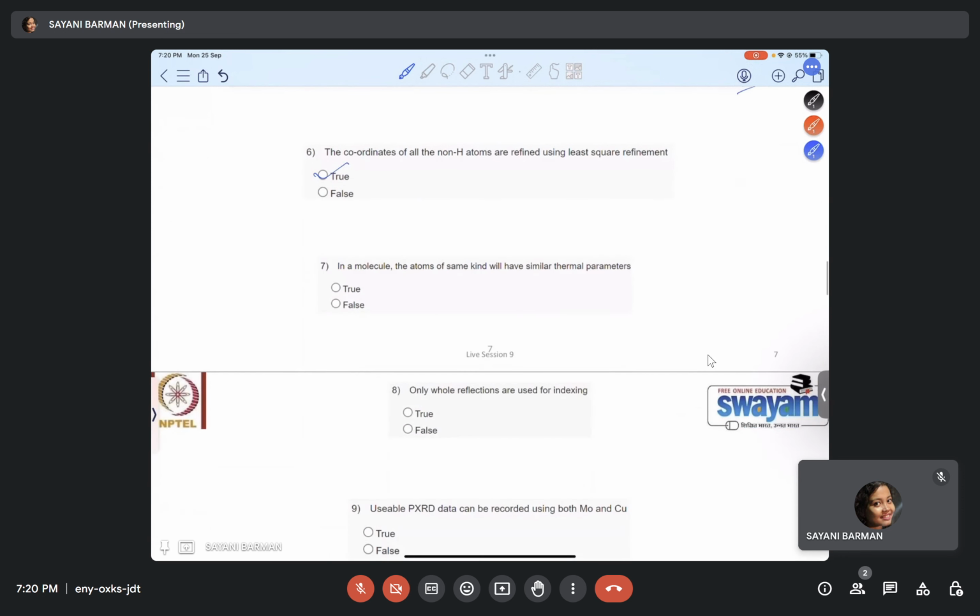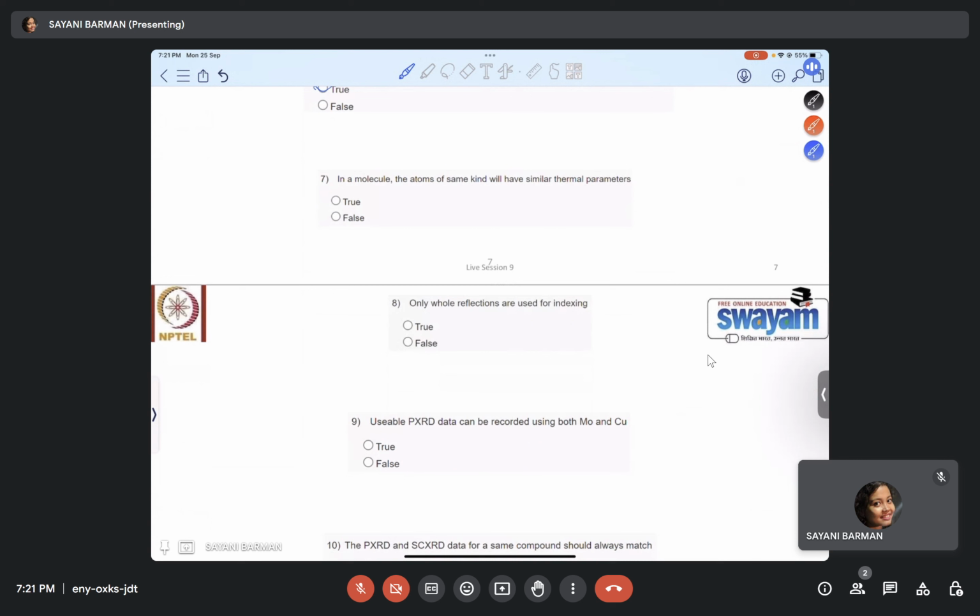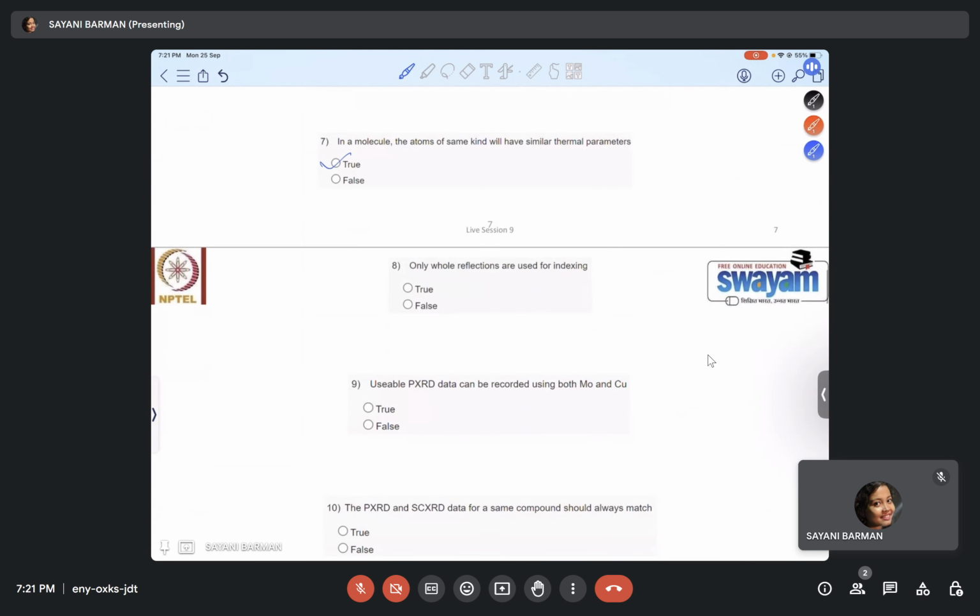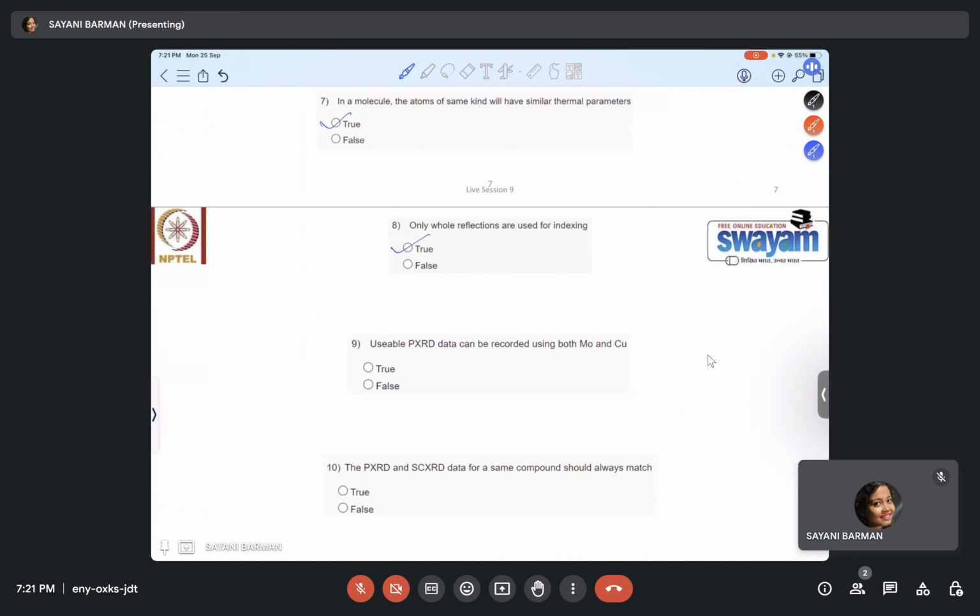In a molecule, the atoms of same kind will have similar thermal parameters. Yes, otherwise they will come disorder. Only whole reflections are used for indexing. Yes, of course. Otherwise, you may get very less indexing, or